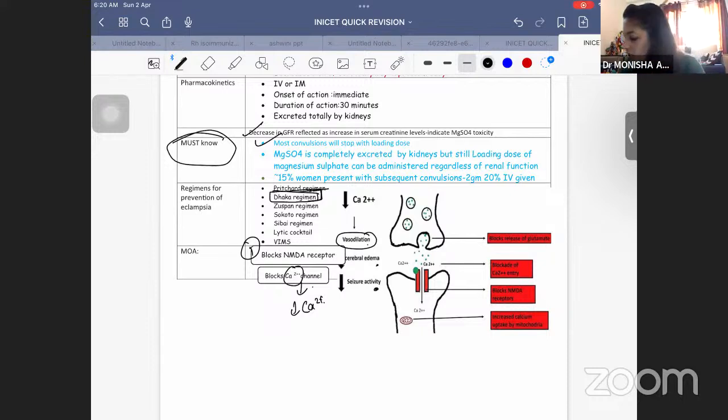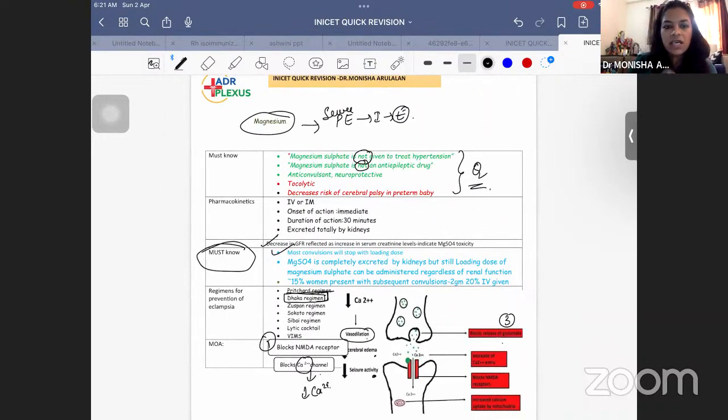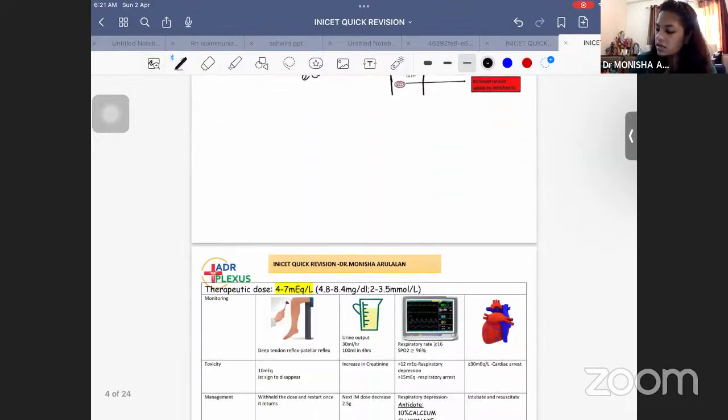What are the other mechanisms of action? It blocks the release of glutamate. Another one, as I already told, is the NMDA receptors. It blocks calcium entry, so basically decreases the calcium level, and increases calcium uptake by the mitochondria. So this is how you revise it. This table, you will read again properly. Okay. Next, coming to our